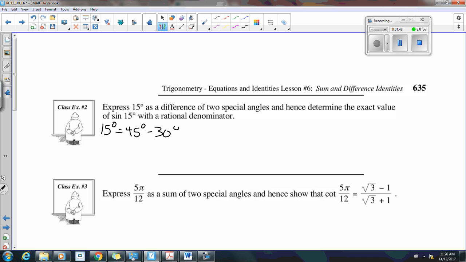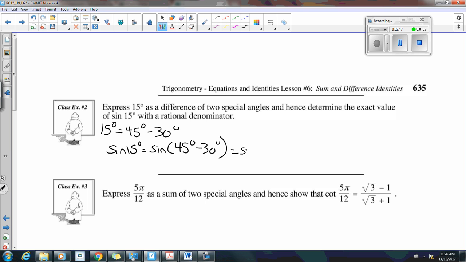One way of writing 15 is 45 minus 30. You could also have gone 60 minus 45. There's multiple ways of doing these. Now I can say that the sine of 15 degrees is the same as the sine of 45 degrees subtract 30 degrees. And now I'm going to go to the difference identity and substitute in. The difference identity says sine of A minus B is sine A cos B